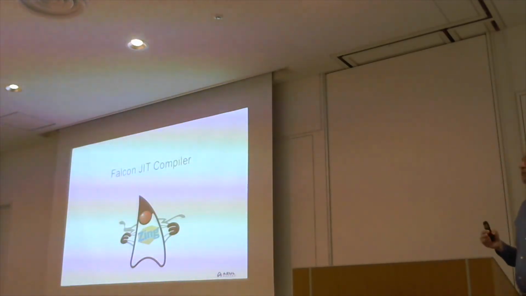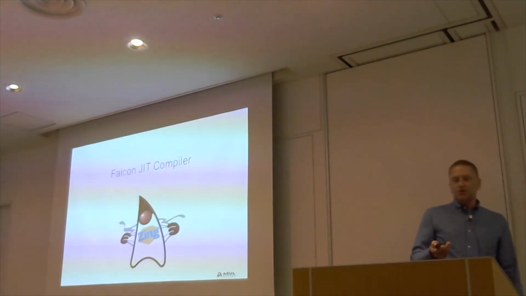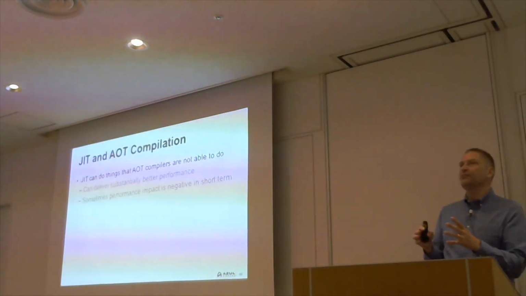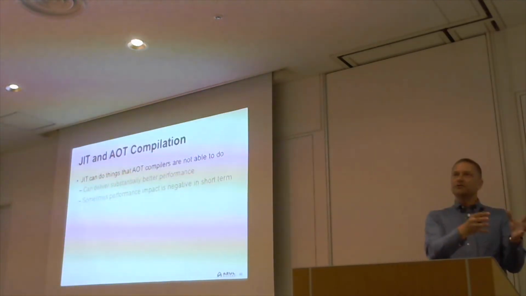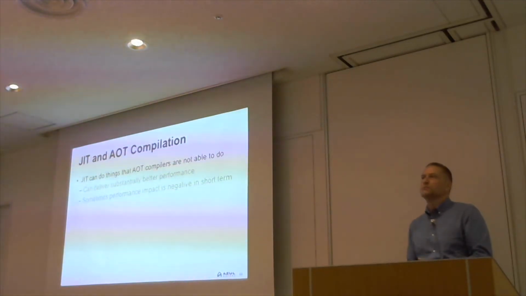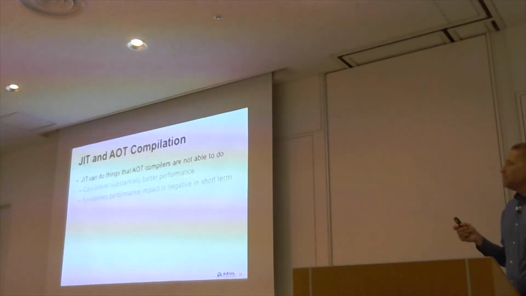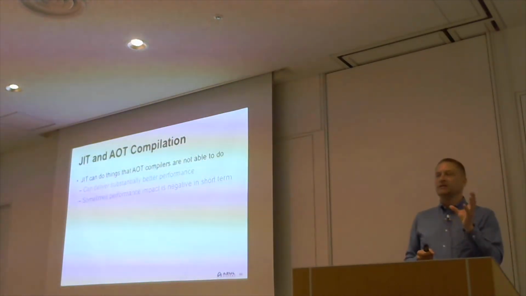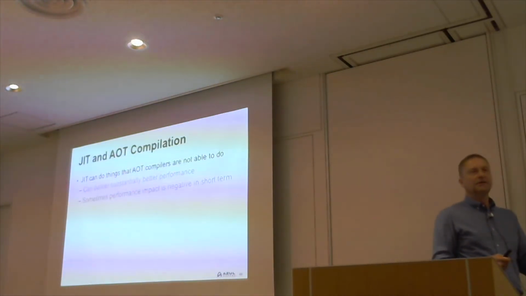Right, let's talk about what we do in terms of JIT compilation. Now, JIT compilation is one of those things where people often think that if you could just take Java code and compile it into native code, like you do with C and C++, that it would solve all of your performance problems, and it would just run so much better. The problem is that just-in-time compilation can do a lot more in terms of improving performance. And there are really two reasons for that.